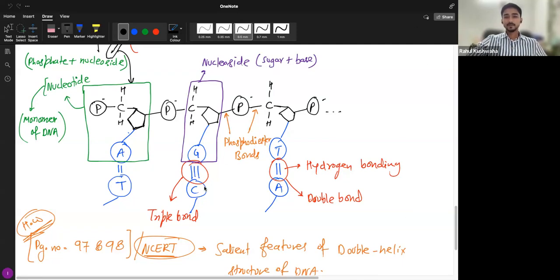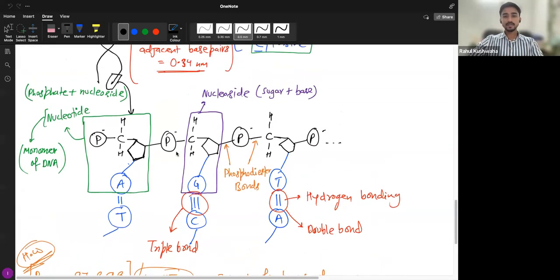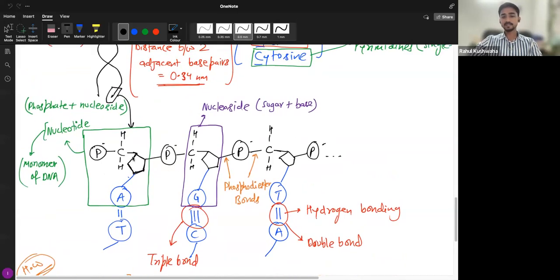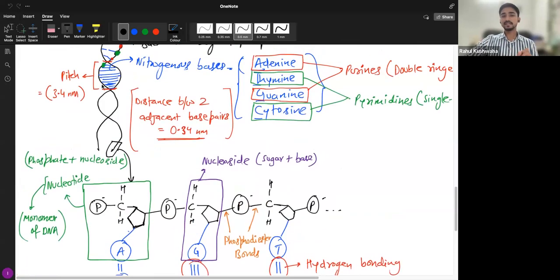Good. So Aisha is talking about the nucleotide and nucleoside that we learned about. And I shall just wrap up because this is where we ended in the last class, right? And I gave you the homework to go and read about the salient features of the double helix structure of DNA. But if anyone has any doubts regarding this particular structure that we made, remember that DNA